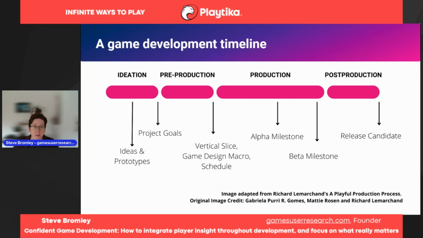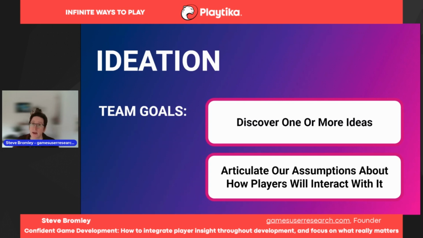Which takes us to our first point today, ideation. I'm sure most people in the audience are familiar with the idea of ideation. That's typically the first stage, where you're making a new game and you don't really know what you're making at this point. As a team, and typically it's quite a small team at this stage, the thing you're trying to do is discover one or more ideas, think about what we could make, what could be a fun mechanic, or what we could build an experience off. What could the root of the core loop of the game be?